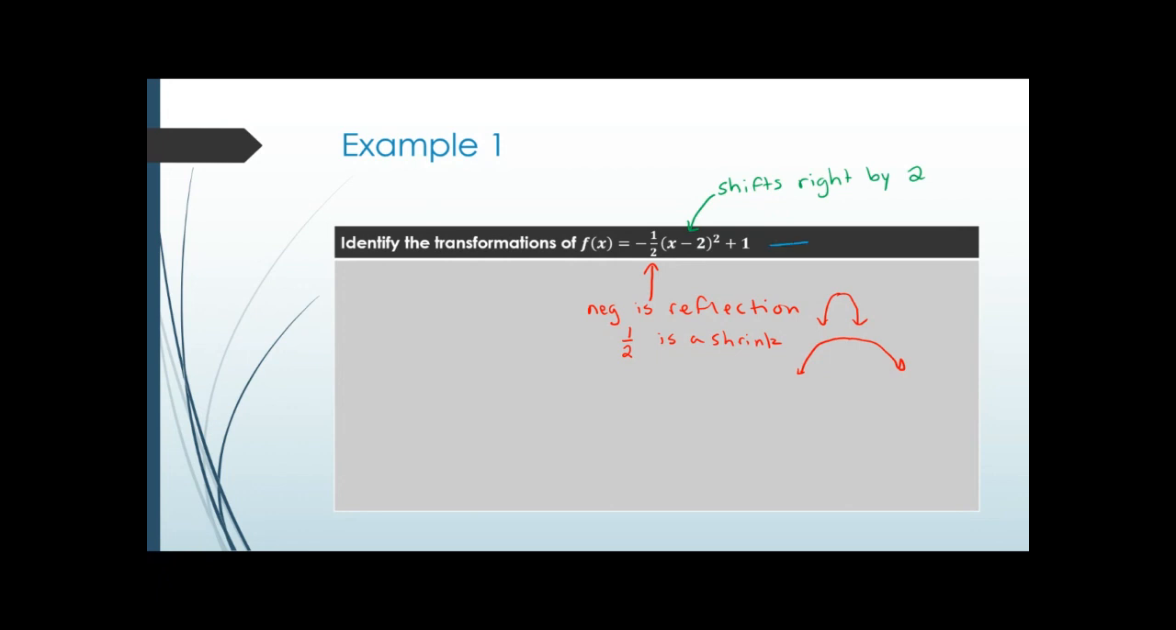And then this +1 here, I'll circle it so I can make sure that that's the k, that's what we're adding vertically. Because it's positive, we're shifting up. So this shifts up by 1. So those are the transformations. Our transformations are